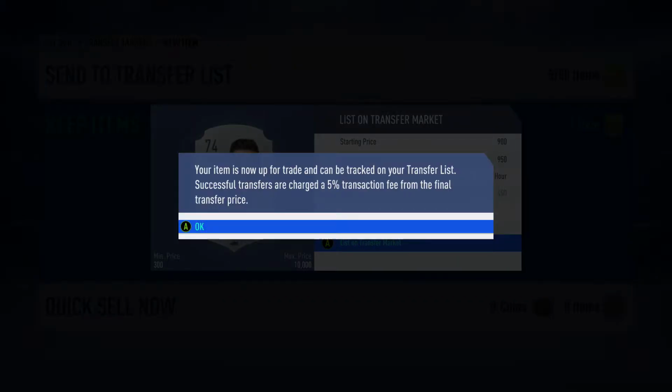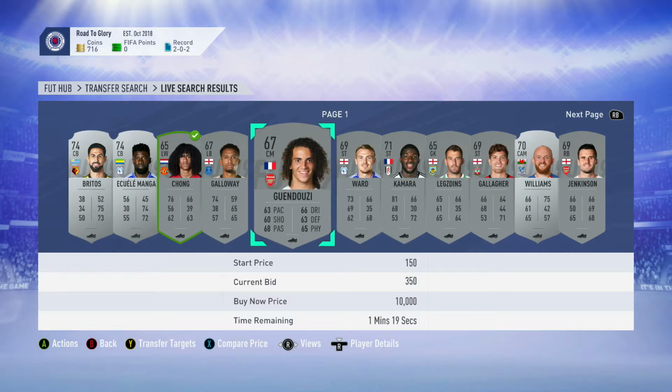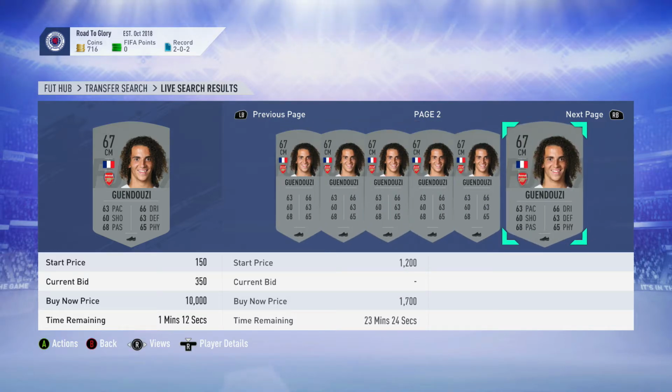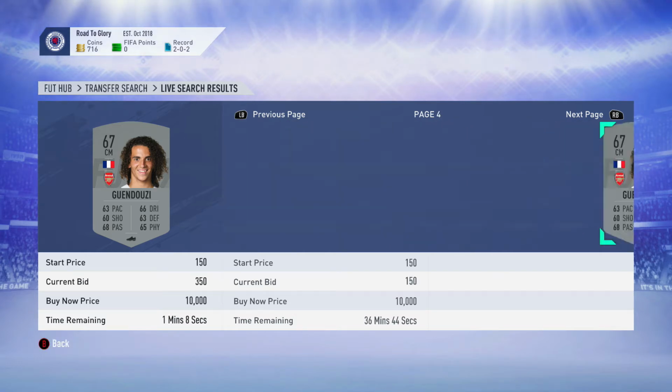Mostly the rares, but as you can see here, I found Chong, because he's Man United, he'll be going for a little bit more, same with Guendouzi. But what you want to do is find the players with bids on, add them to your transfer targets, and then compare the price to find out what sort of price they're going for on the market. Once you find that, pick something you're going to sell them for, and then just try and get them for